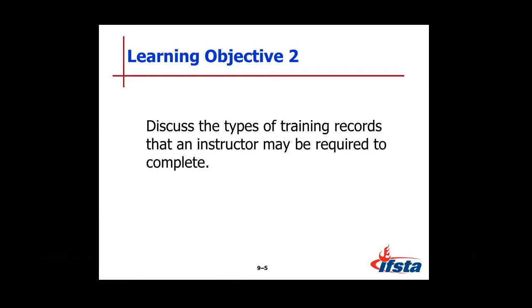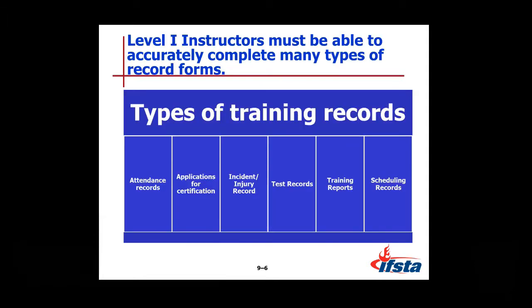So as an instructor, there's going to be several types of records that you're going to have to complete. Attendance records. Every day, before class, I take attendance. If I've seen you or talked to you sometime in the day and you tell me you're on the webinar, you get marked down. If I see you in the classroom, you get marked down. If you're neither of those two positions, you don't get marked down, and you actually get penalized for not showing up to the webinar or to the live delivery.